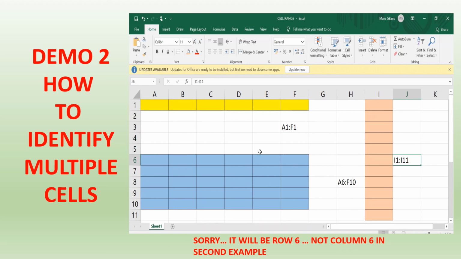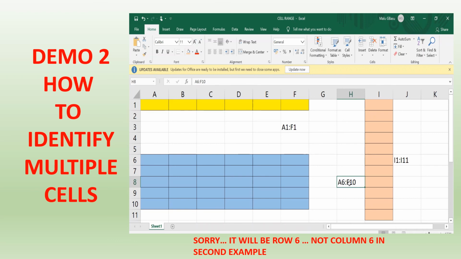In the earlier example it started at column A and row 6, and it ended at column F and row number 10. So I've written A6 colon F10.